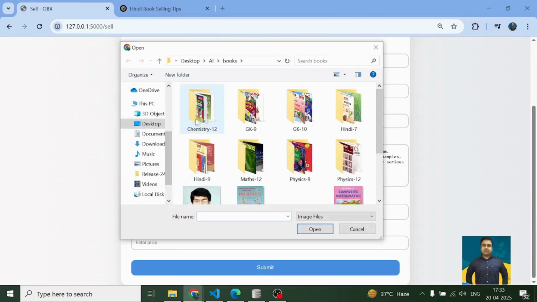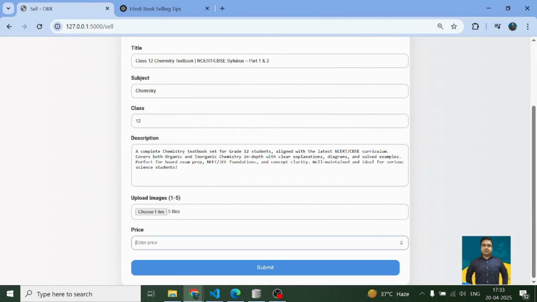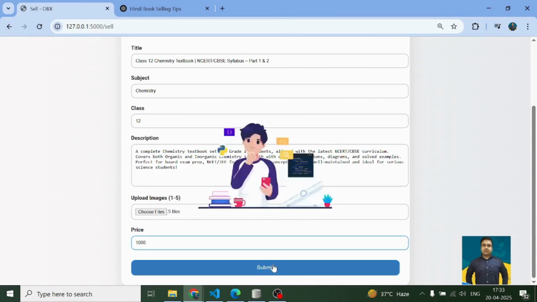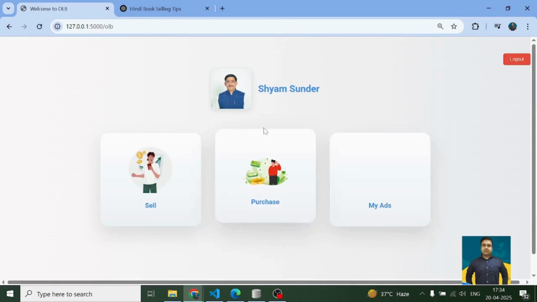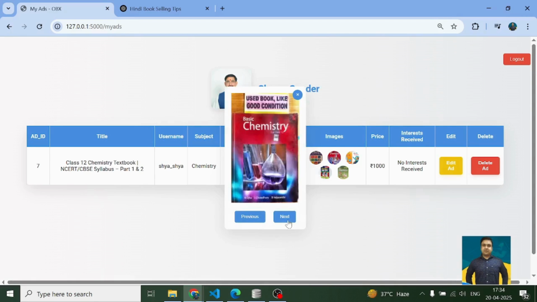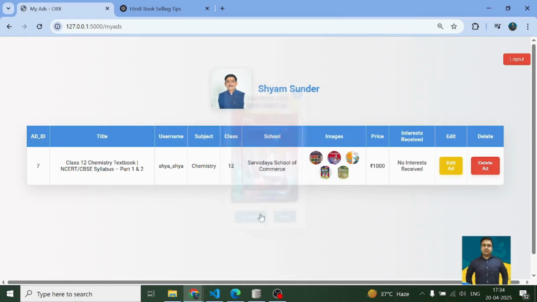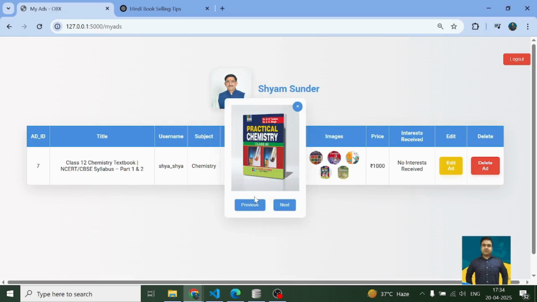It's time for us to upload chemistry's books of grade 12. Let's keep the price as 1000. Submit. So we have submitted the ad. Now we can see that there is something in my ads of Shyam Sundar's profile. Okay, I can view the images in a slideshow kind of a thing, right? I can do next previous for viewing all the images,